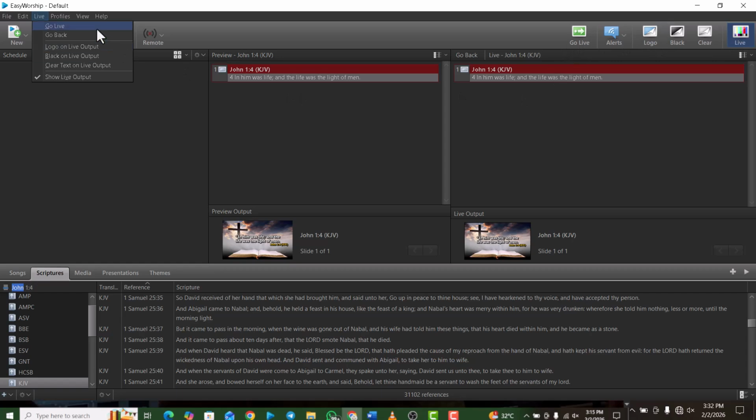So in case we don't want to use this particular one, we can just do this. Now what is logo on live output? It means that whenever you click on logo on live output, there is a logo that maybe you want to set, your church logo, or maybe you want to set a flyer, your Sunday flyer, your Sunday design, and you don't want